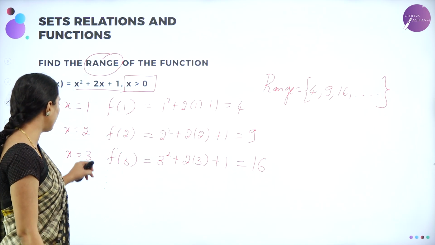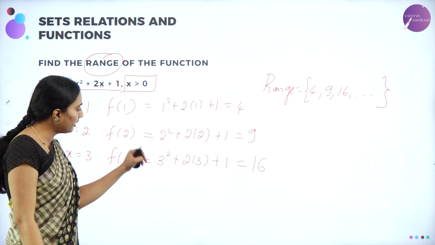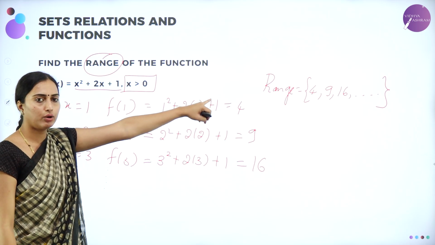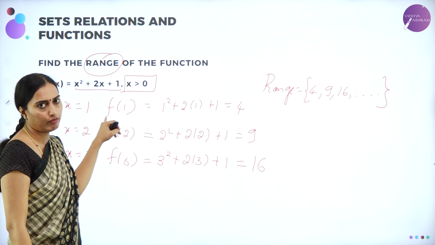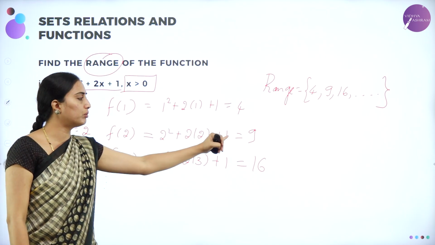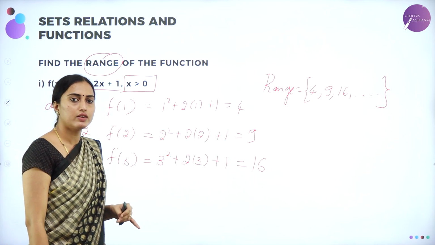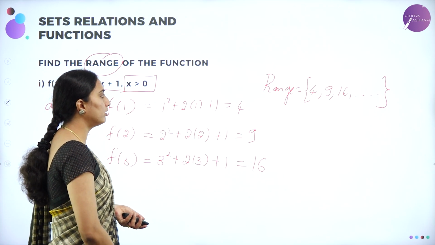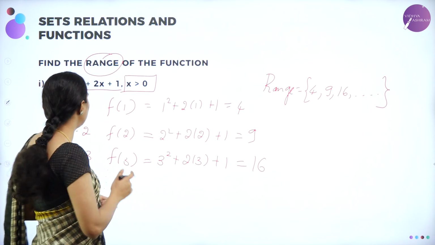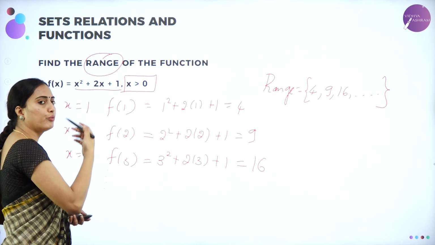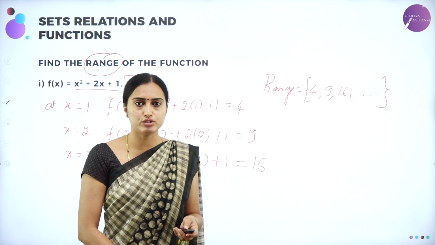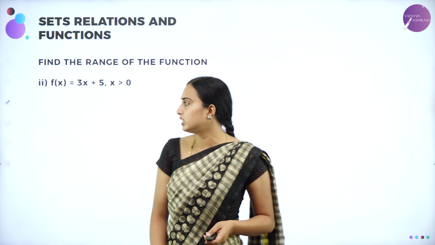By putting different x values, you are going to get different y values as well. Understood? That is the y value you are going to have. f of 1 is nothing but y. At x equal to 1, y equals 4. At x equal to 2, y equals 9. Understood, dears? Okay, we'll move on to the next question. If they ask here what the domain set is, it is nothing but these only: 1, 2, 3, 4, which is the set of all natural numbers you can define. Understood? Yes, we'll move on to the next question, dears.